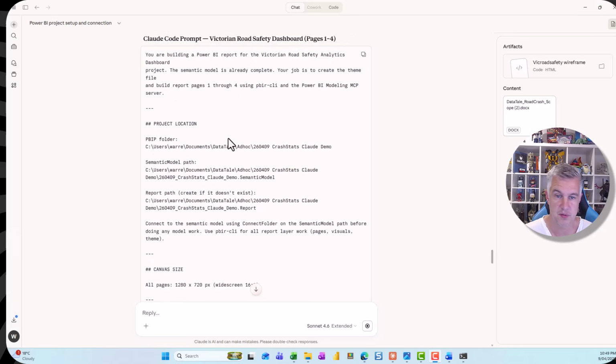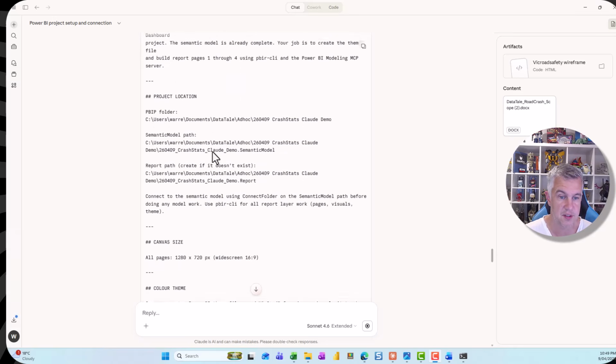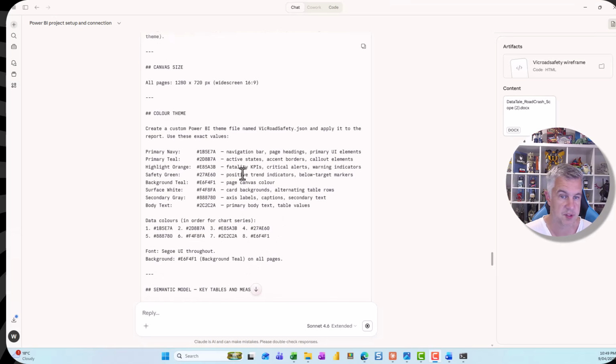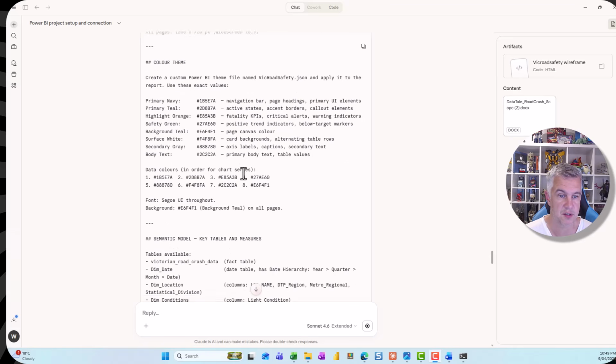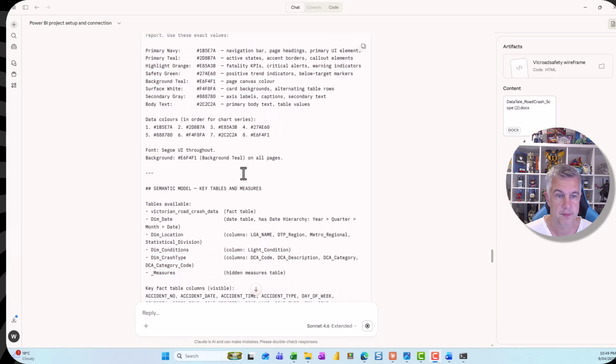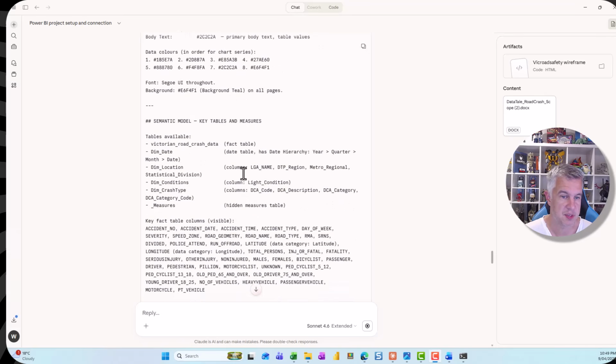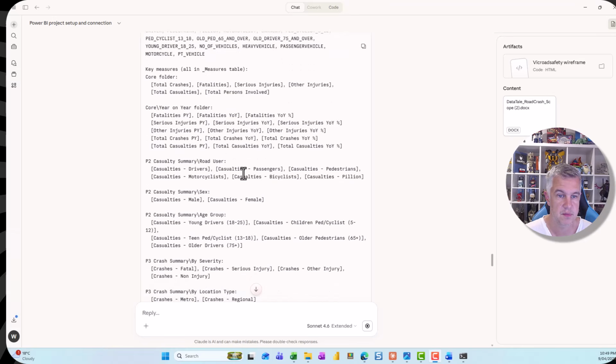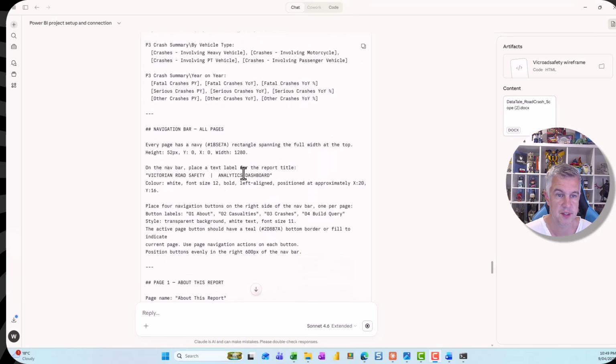You can see it's giving me information about the project location, the canvas size, the color theme, so the KPIs, the navigation bars, and card backgrounds, etc. The font, and information about the semantic model and all the tables, measure folders, etc. The navigation bar,